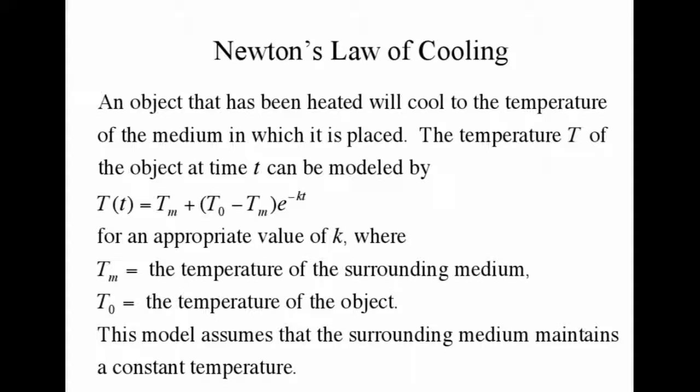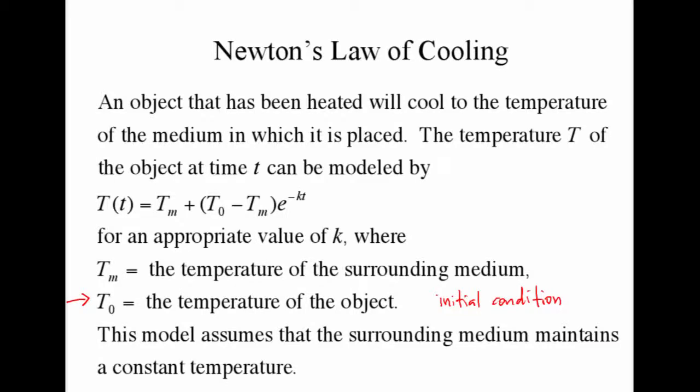for an appropriate value of k, where T sub m is the temperature of the surrounding medium, T0 is the original temperature of the object. And this model assumes that the surrounding medium maintains a constant temperature. So if you think about taking a hot object and putting it in cool water, we're assuming that the cool water is going to remain the same temperature. And remember, T naught, T sub 0, that's what we call an initial condition, initial value. It's going to be a common occurrence in many applications all throughout pre-calculus and calculus